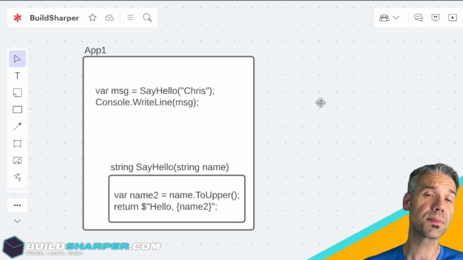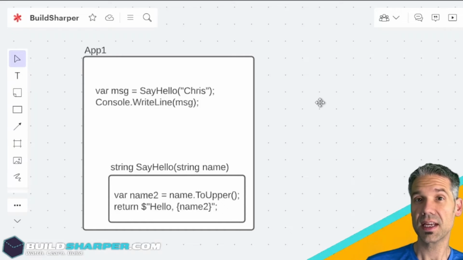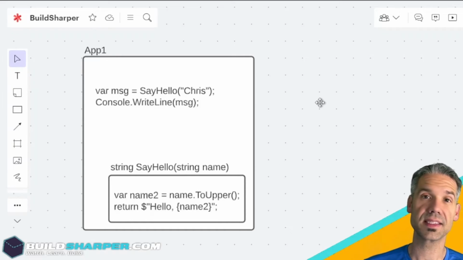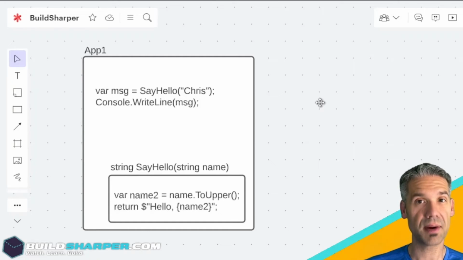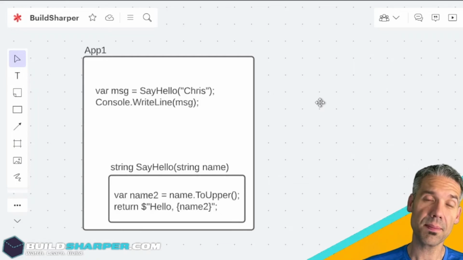Now, these parameters that come into functions can come in one of two ways. They can either be by reference or by value. By default, things come in by value. So what that means is,